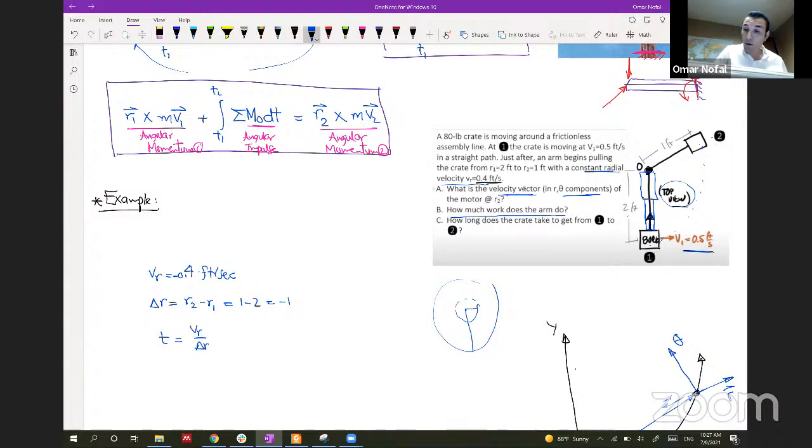So you know how much this arm changes in length. It was 2 feet and became 1 foot, and we know the velocity. So we divide the velocity by the change of the R, and this will be equal to -0.4 over, oh, sorry, it should be,